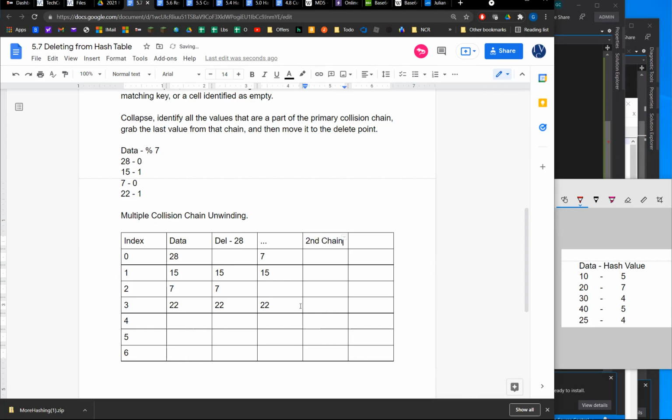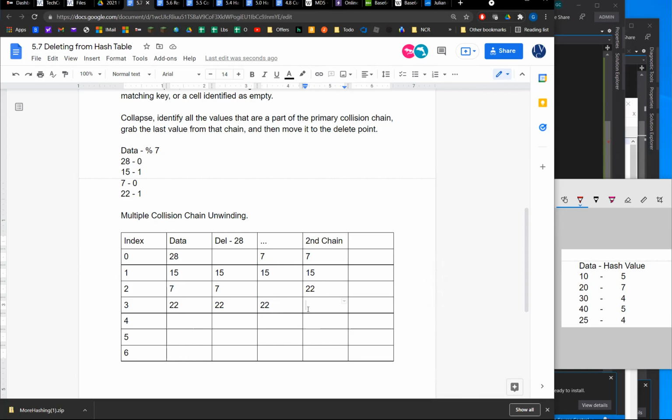So we have to keep track and see if there were any other values beyond that that we need to do additional collapsing on. All right, so basically we did a delete here, and 22 now needs to collapse in to fill that hole. All right, so deleting is probably the most complex